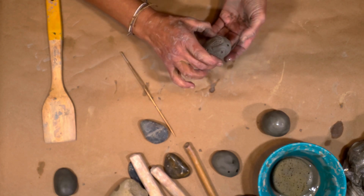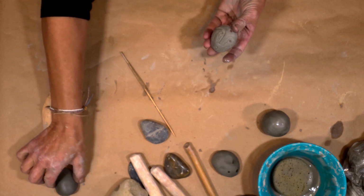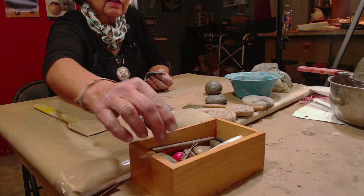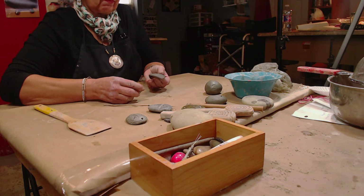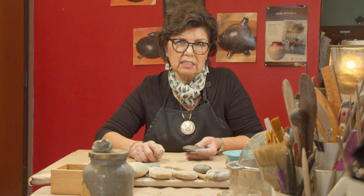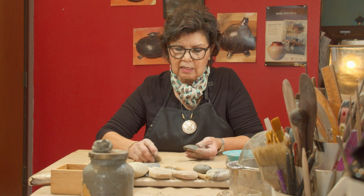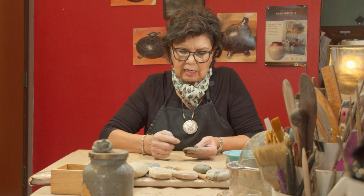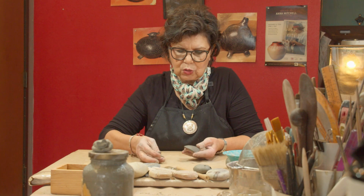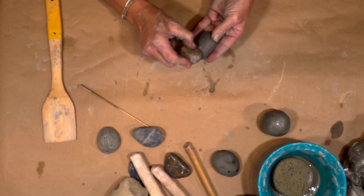Now, once the clay is hardened, this one is leather hard, just before that, where it's kind of stiff, the thing I would like for you to be aware of, not only on small pieces but on larger vessels as well, is that those ancient potters didn't have glazes. So how would they make a pot that was more waterproof if it didn't have a glaze? What they did is they would take a river stone, and once that clay becomes what I call leather hard, so that if I move this around a lot, it would actually break it, it's still clay, but what they did is they polished,